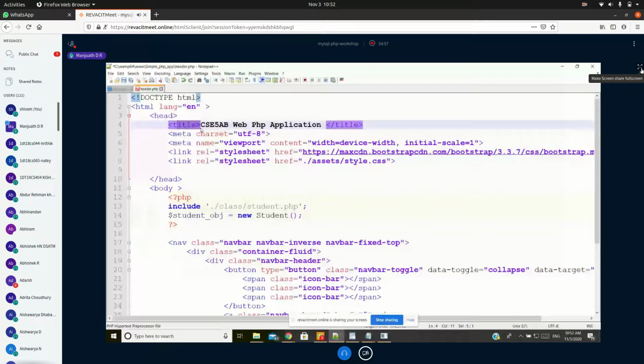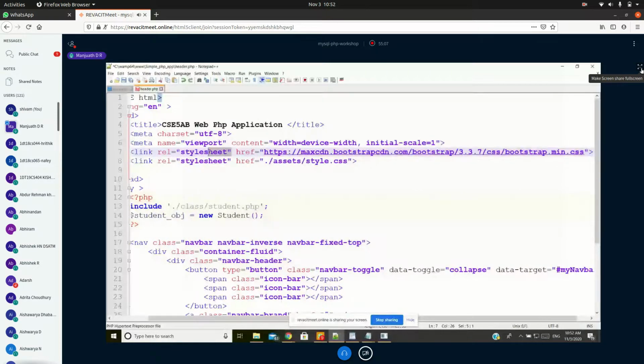In order to link any style sheets, the tag you are going to use is link, and provide the URL of that file, and you have to tell the type of file it is, whether a style sheet or HTML pages or some other pages. Two important files I'm using. One is the bootstrap file. I'm directly getting that bootstrap file through the internet, since the file is already available in the cloud, instead of storing it locally in my system.